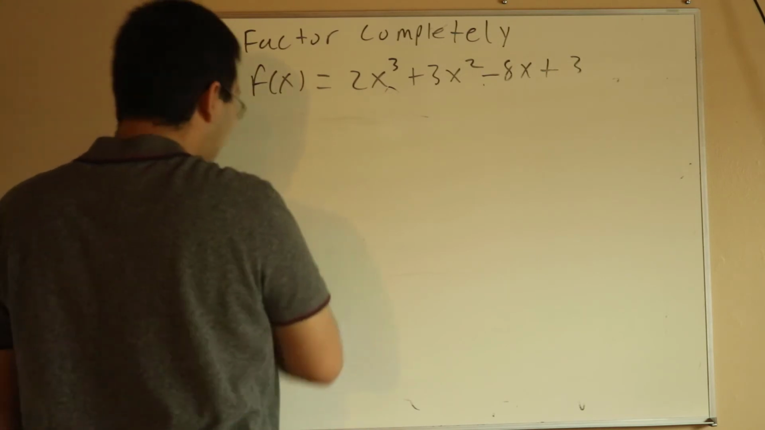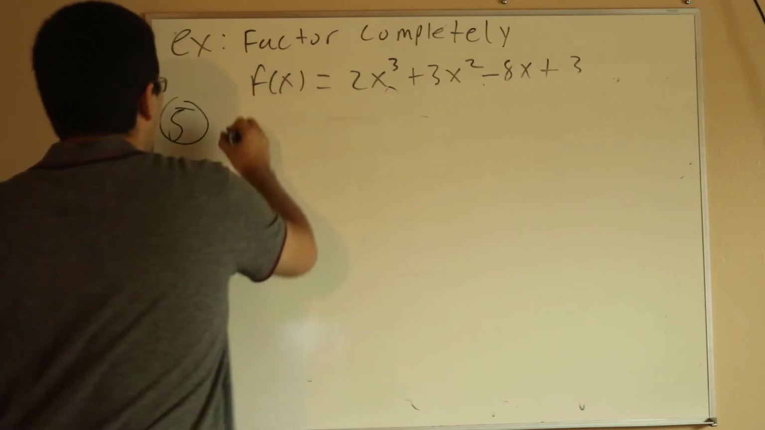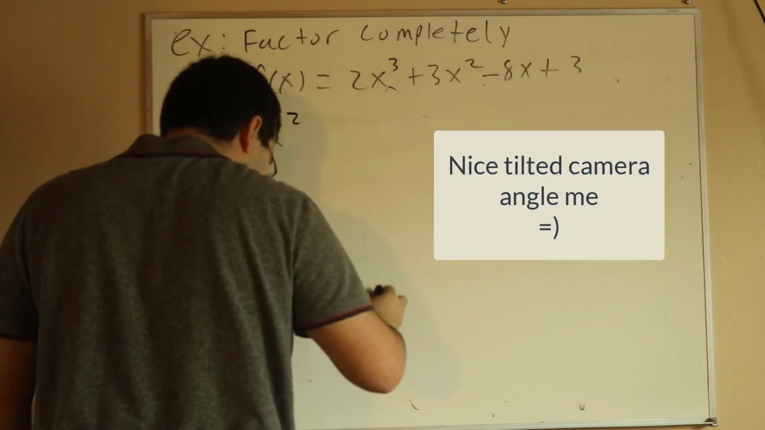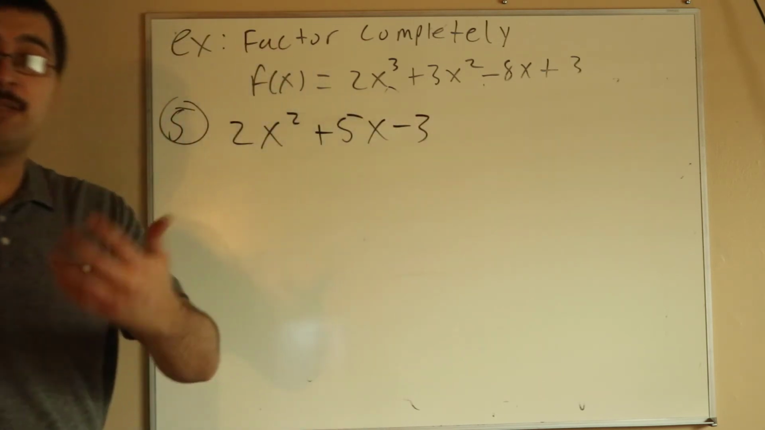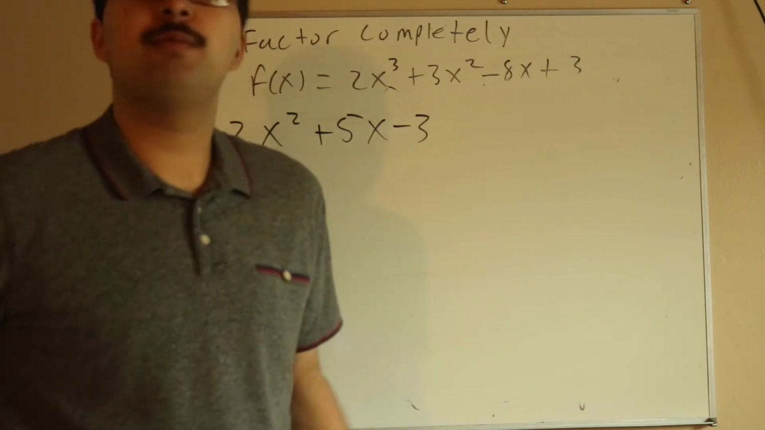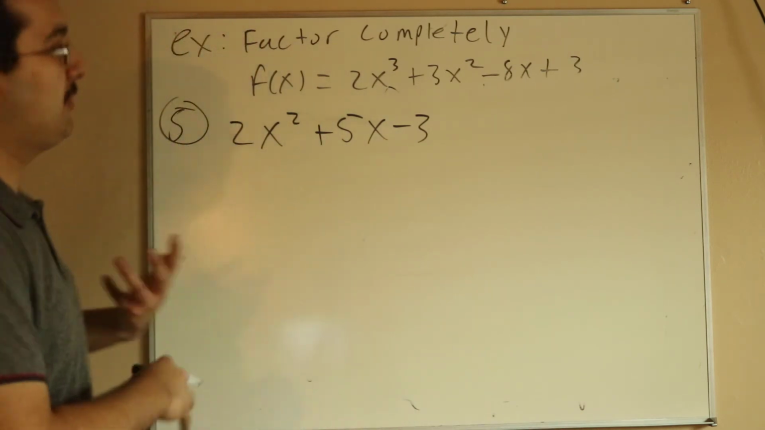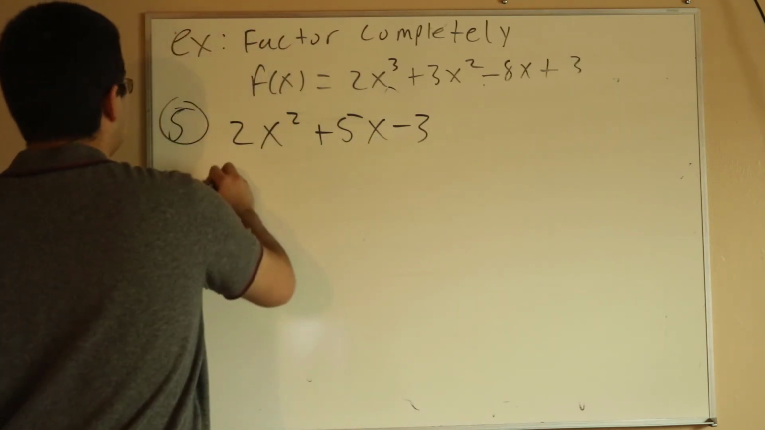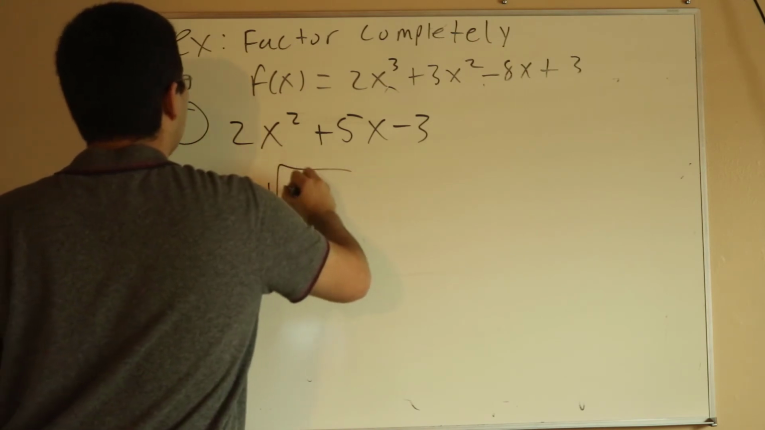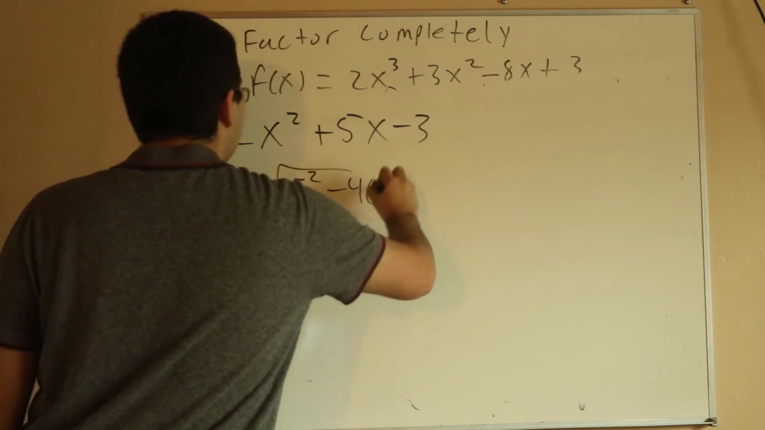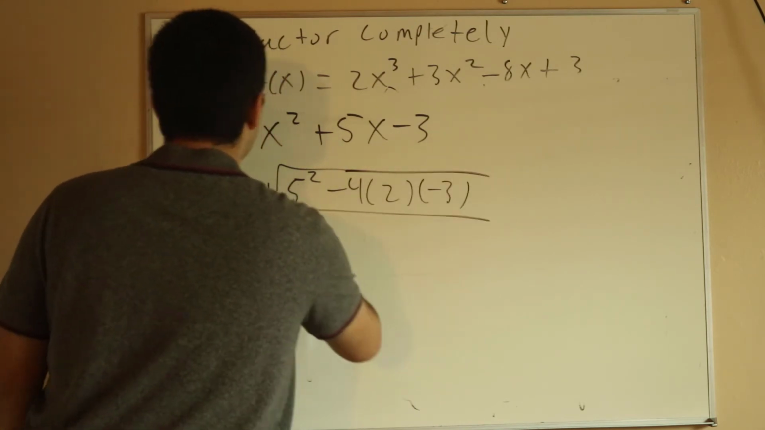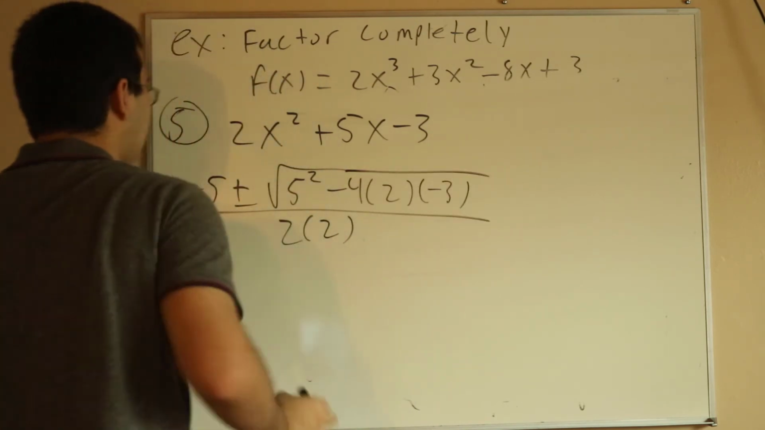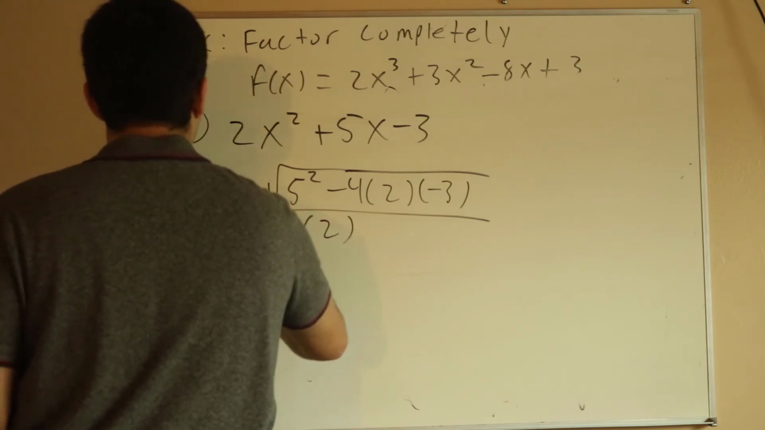Okay, so for step 5, using the leftover quadratic we have, we simply want to factor this at this point using whatever technique we're comfortable with. Of course, for me, that means I'm going to use the quadratic formula. So I'm going to get minus 5 plus or minus the square root of 5 squared minus 4 times 2 times minus 3, all over 2 times 2, which is going to equal minus 5 plus or minus the